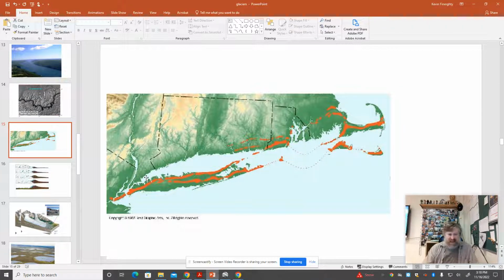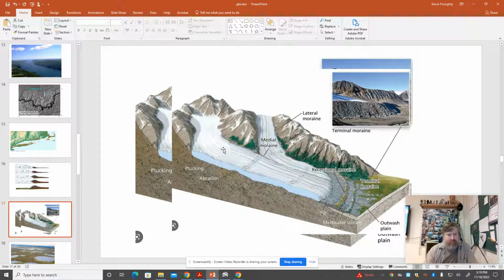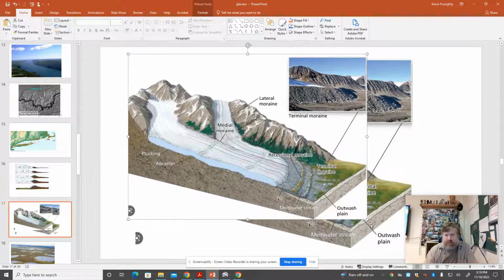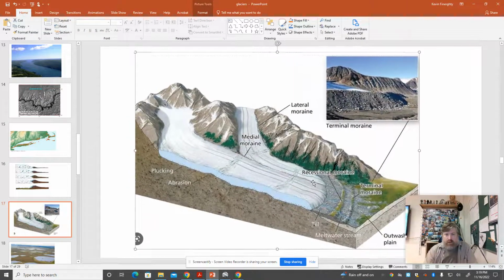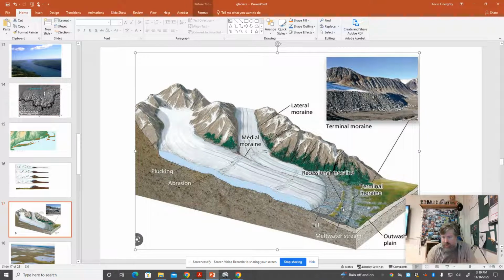On that sheet too, there's lateral moraines. I'm probably less concerned about those. I mean, there's all kinds of moraines. Sorry, this slide looks weird. The terminal moraines are the ones that happen at the end. So like the valley heads,